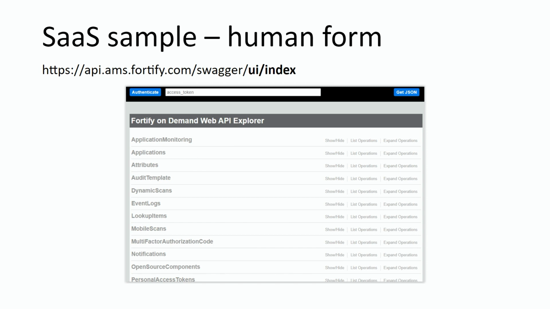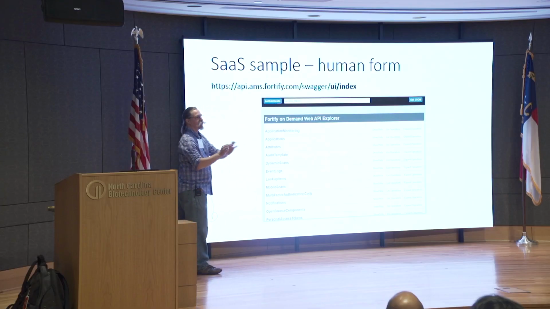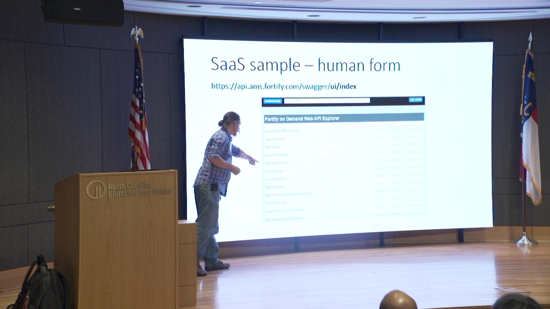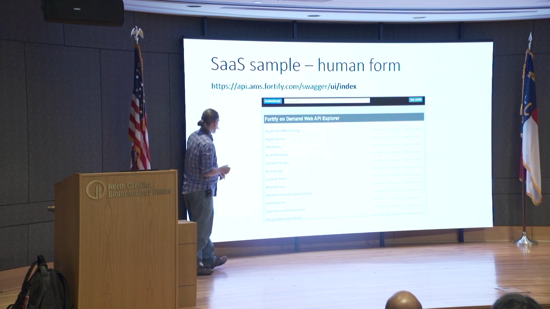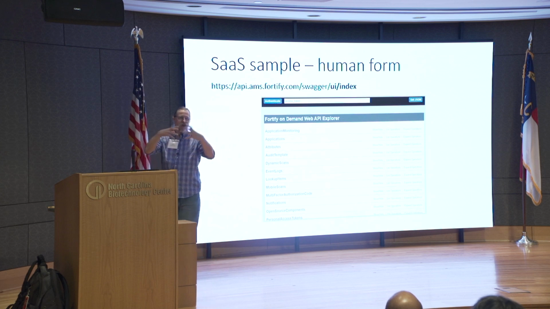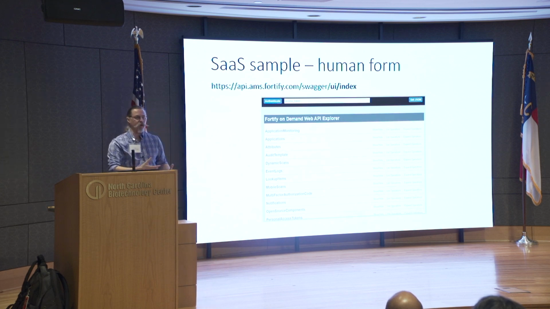So if I want to run a security test of a website, I can call this endpoint, and provided I give it all the right inputs, it'll go off and do a security scan. Do I want to look up the event logs? Do I want to do a mobile scan? Do I need to double check attributes that I've defined in my projects in this SaaS environment? Each one of these endpoints does a series of actions along those lines.